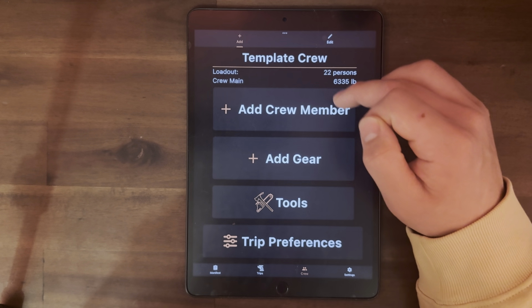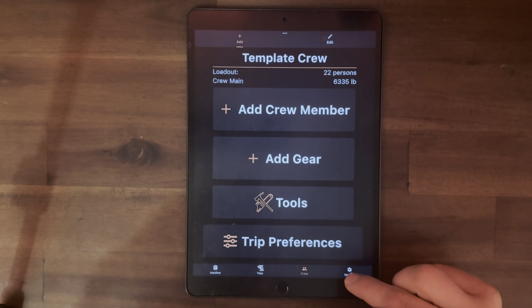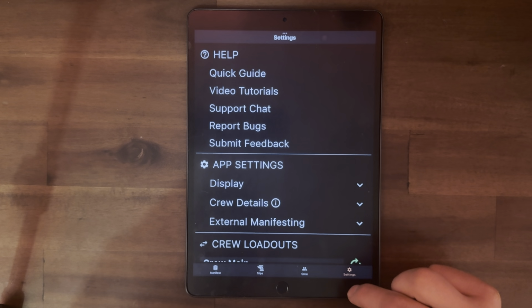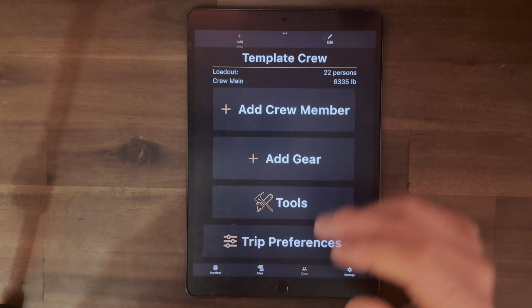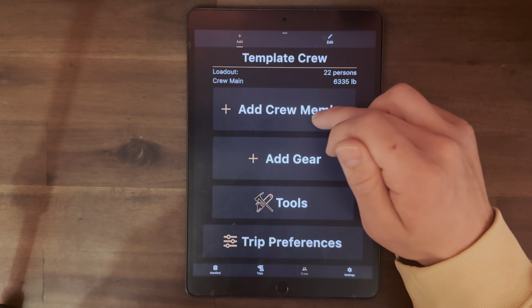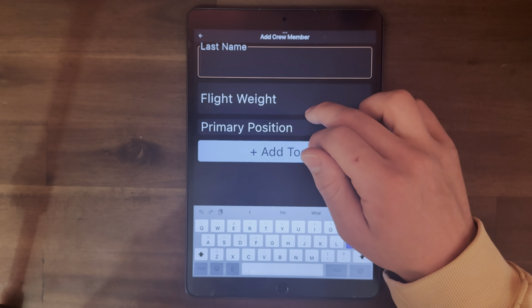So first things first, if you want to change that crew name up there, just because it'll come up with something default when you first download the app, select Settings, navigate over to Crew Details, and you can change it here. So to add crew members, click on that panel and enter in all the necessary information: last name, flight